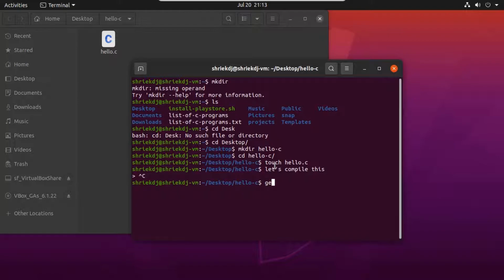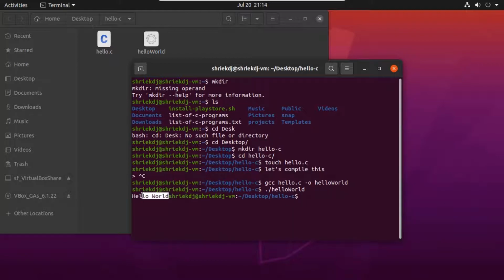So let's compile this with gcc and then the file name hello.c, then the output option -o and the new name of our compiled executable, which is helloworld. It can be any other name, don't worry about it. See, here it is created as helloworld.